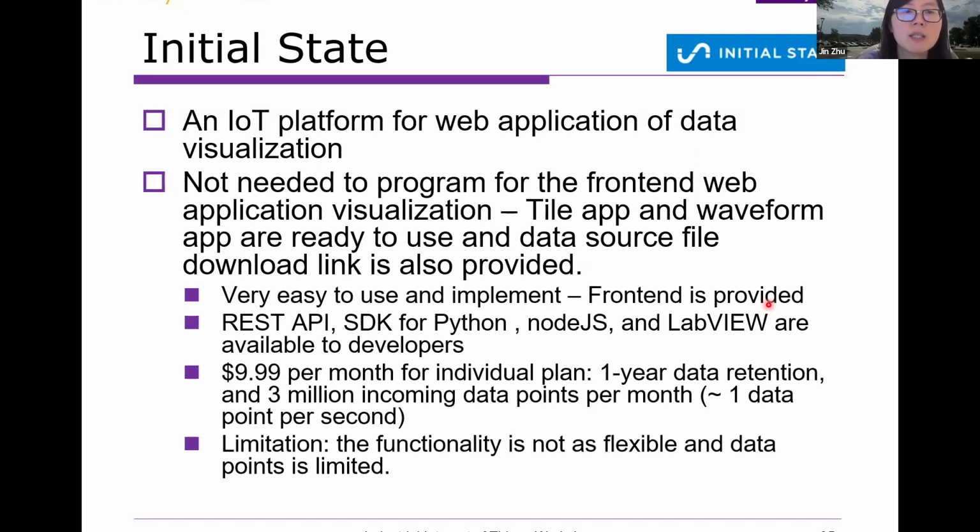One of the things is that you have to pay for its service. If you're a student, it does include, I think, a free service, with some limitations, but it's not really expensive. For example, the individual plan is like $10 per month. And then 1 year